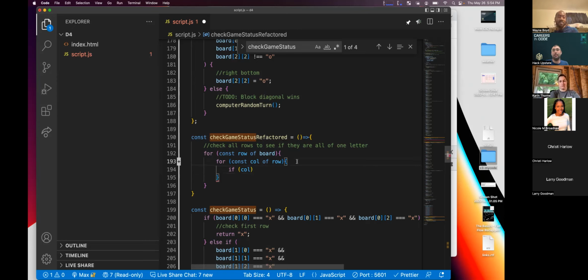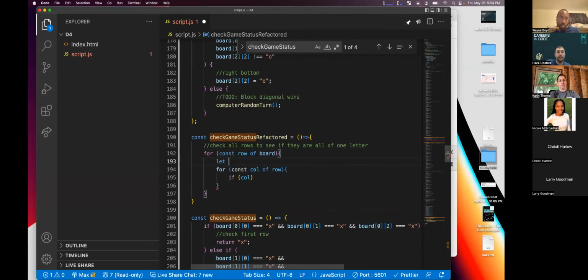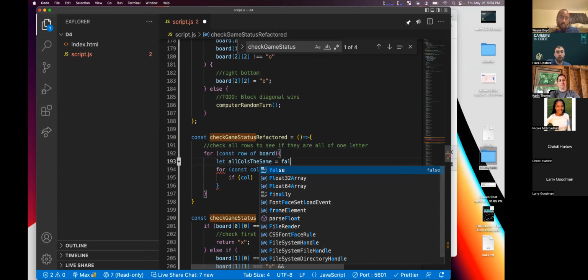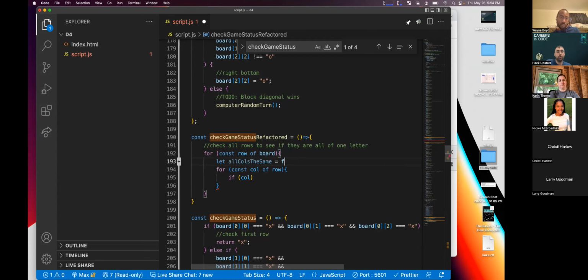Okay. So what we're trying to do is check to make sure that all three items in the row are the same letter. So we're going to assume up here, let every column, all letters, all cols equal to true. We're going to assume that every column is the same letter. And we're going to go through and we're going to say,